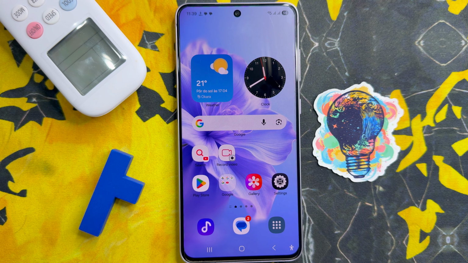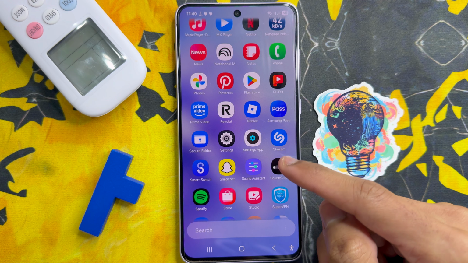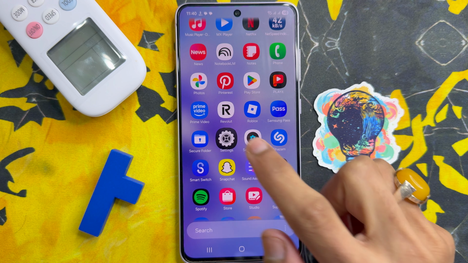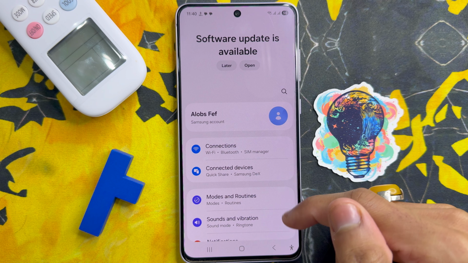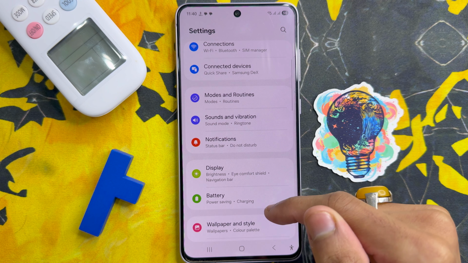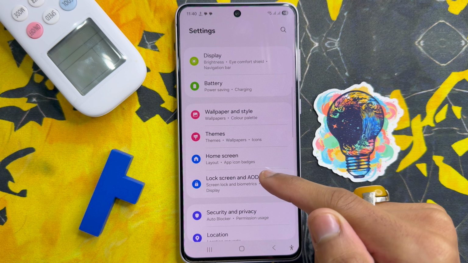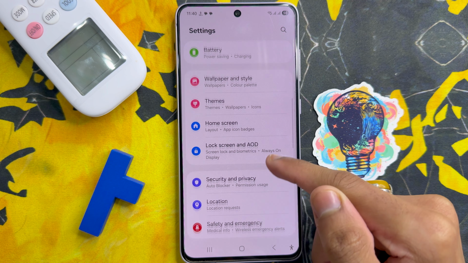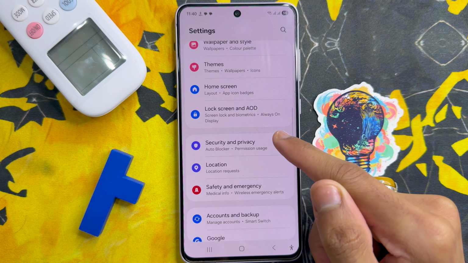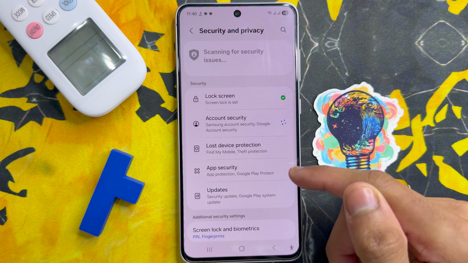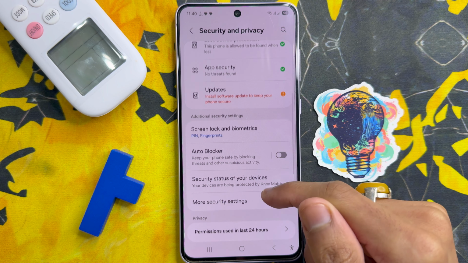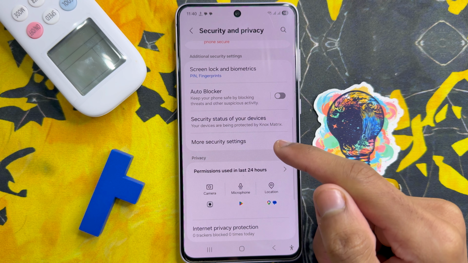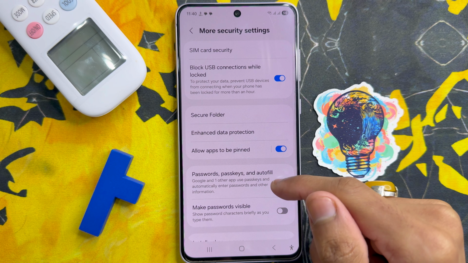Let's start the video. First of all, go to app library. Here click on settings app. Now in settings, scroll down and click on security and privacy. After clicking on security and privacy, scroll down and click on more security settings and click on